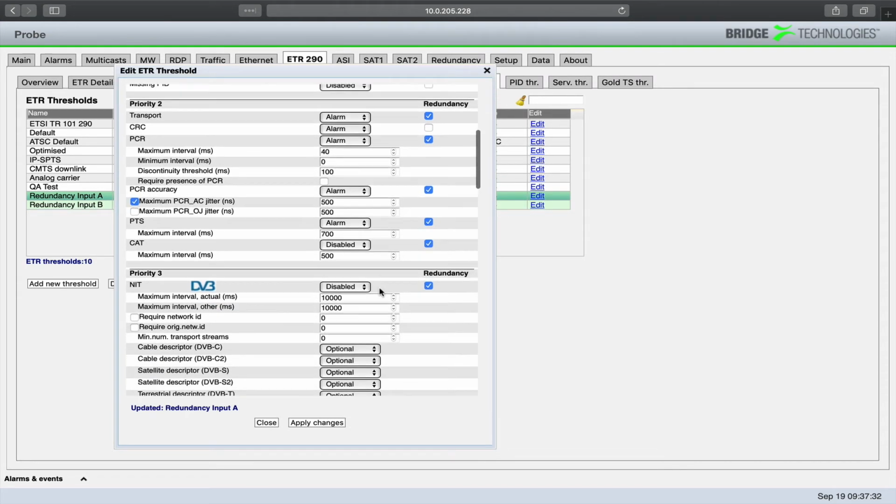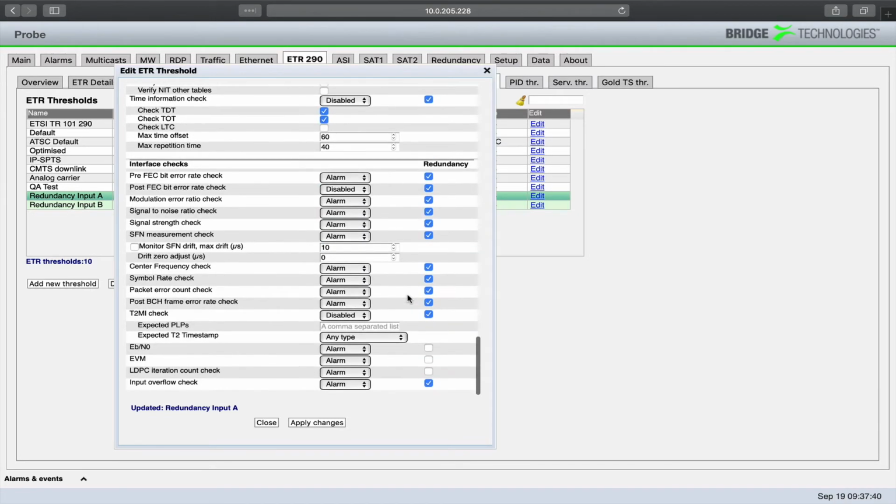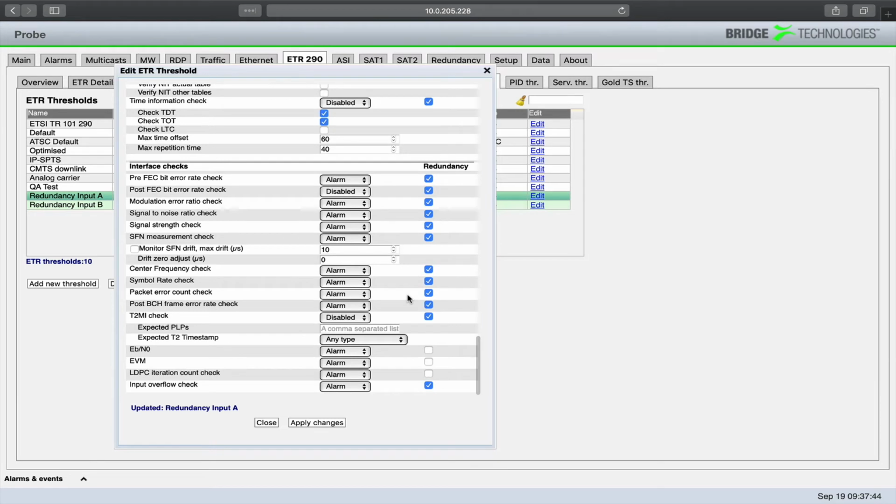You can choose which parameters cause an alarm and which parameters will cause a switch by clicking in the redundancy box. And if we go all the way down to the interface checks, you can see here are the RF checks that are made. And of course it says signal strength, and all I can see here is alarm, and that's because the ETR 290 testing is referring to the RF thresholds to set the level at which an alarm occurs, and therefore a switch. So as well as setting this up for input A and input B, you need to go back to